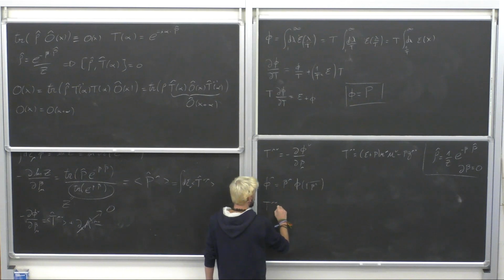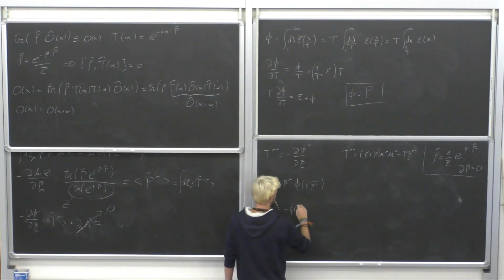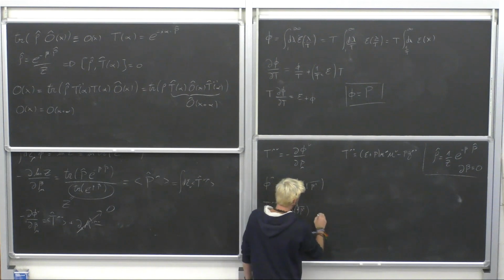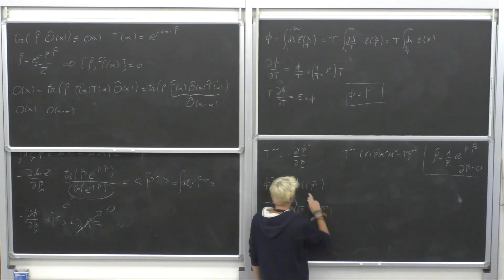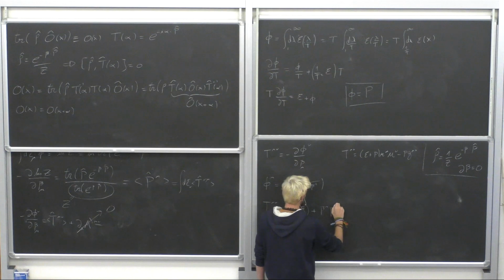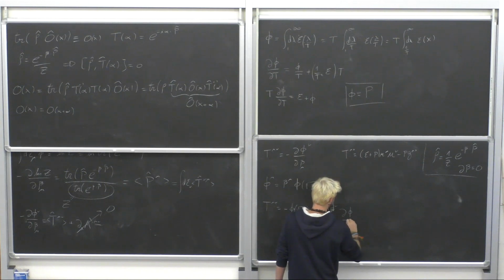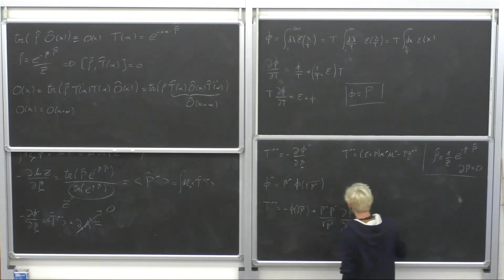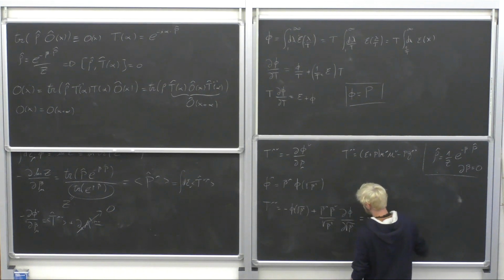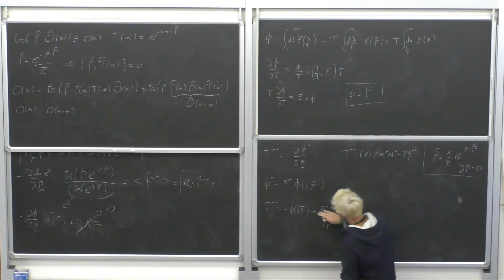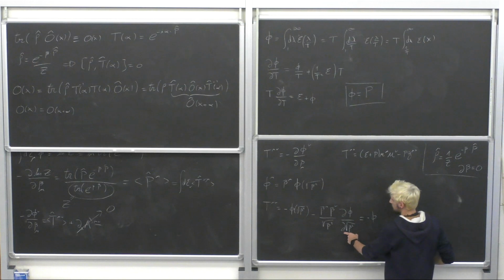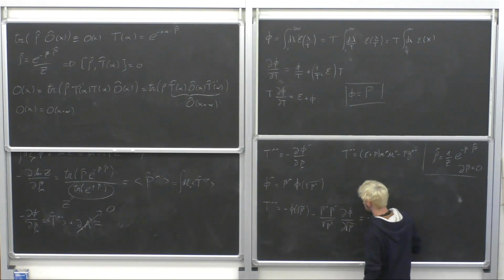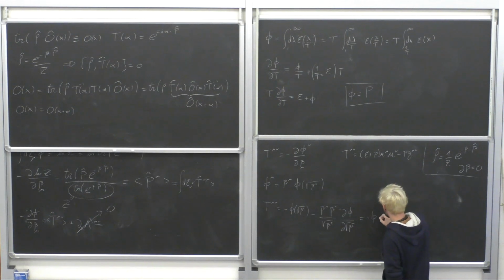We find t mu nu is equal to minus phi of square root of beta square, and then plus beta mu times the derivative of this: beta nu over square root of beta square, derivative of phi with respect to the square root of beta square. This is a minus, exactly. So this is minus 1 over t square, or beta square, basically. And you can realize that this boils down to